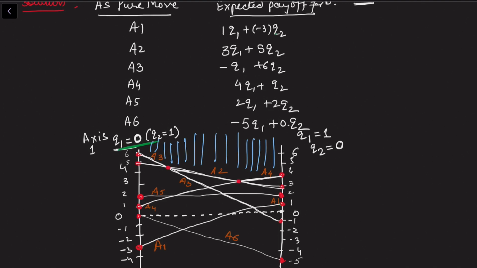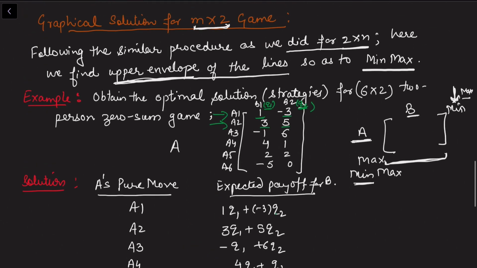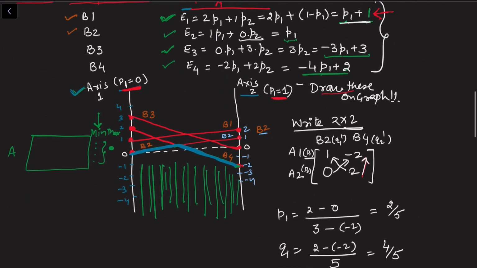And from these two, again comparing on these two, we can see here this one is the most minimum. So we always need to look at which is the intersecting point. In the last example, because B2 and B4 were the only two lines, this was the intersecting point, and at this point is the value of the game. Because there were only two lines, there was no problem. You can write a 2 cross 2 matrix very easily.